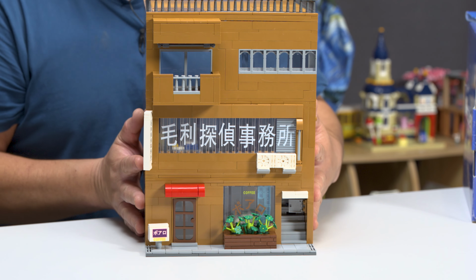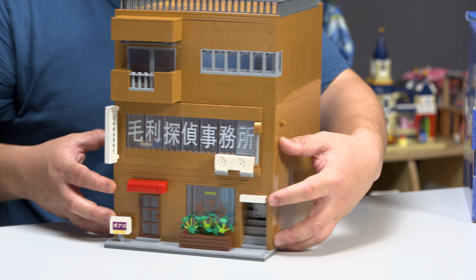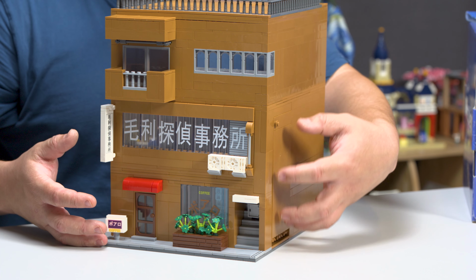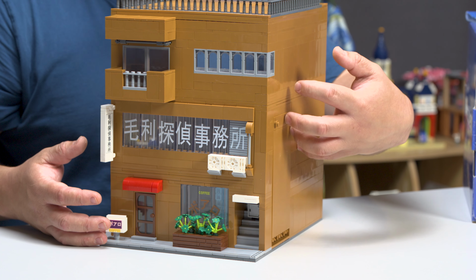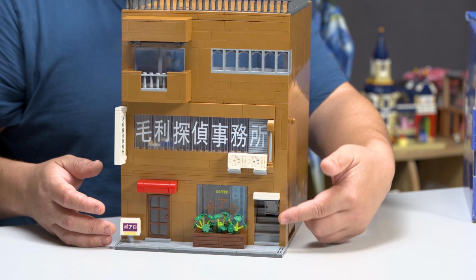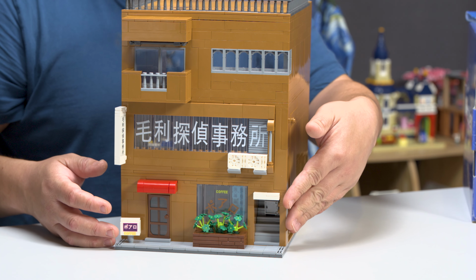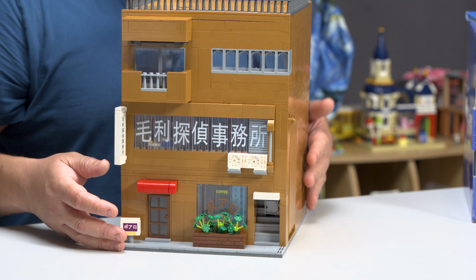We just look at this real fast here because I got to go. So everything's changed except for here. You do have to modify both sets. The instructions tell you what parts to take out and you put some parts back in. I thought that was really refreshing because now you have a staircase here. There was no staircase there before, it was just a solid wall. Oh man, that's crazy, right? And the side here,